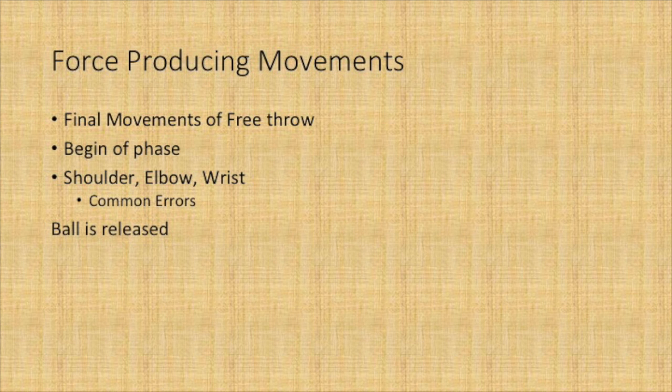The force-producing movements are the movements that will result in an upward and forward force propelling the ball to the basket. It begins when the trunk reaches the vertical position and the ball is held just above shoulder level. During this phase, we see the knee and hip extending first. Soon after this is happening, the shoulder flexion begins until the upper arm becomes almost parallel to the floor,